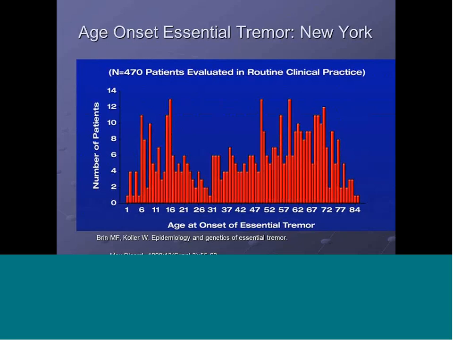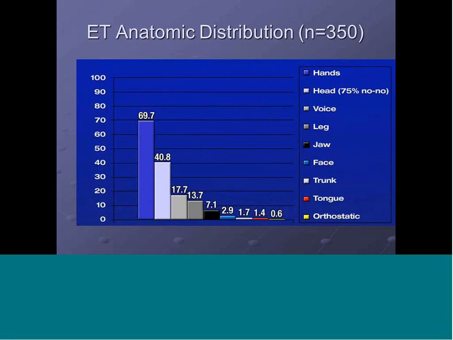Age of onset for essential tremor is kind of bimodal. Early on in teens there's a peak, and then later on people in their 50s to 60s develop essential tremor. Most common type of essential tremor is typically in the hands, followed by head and voice, legs, jaw, face, trunk, tongue. So a variety of essential tremor. And people usually start in the hand, and the tremor spreads to the head or voice and jaw,